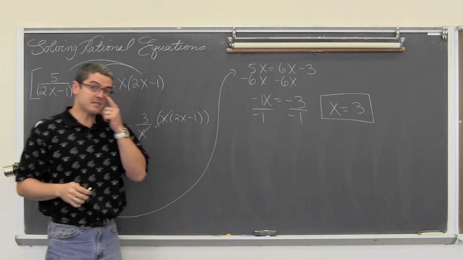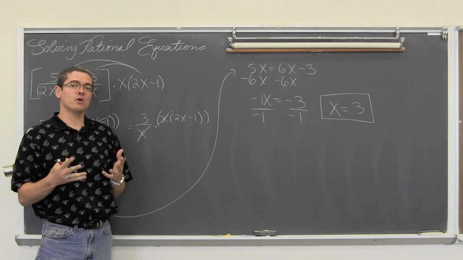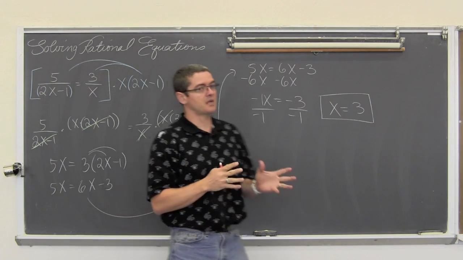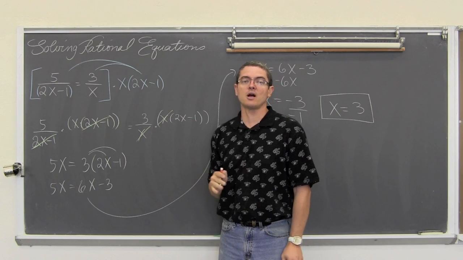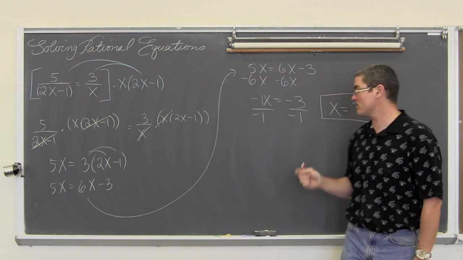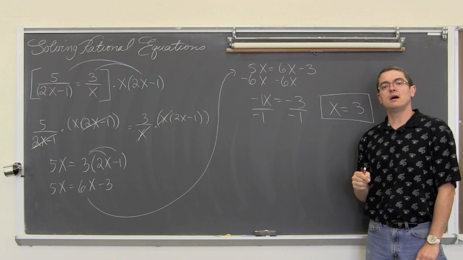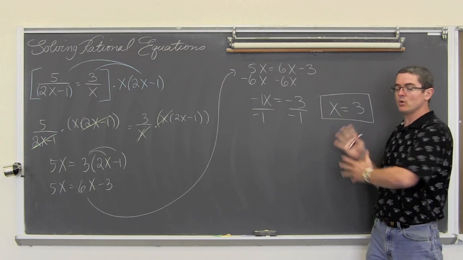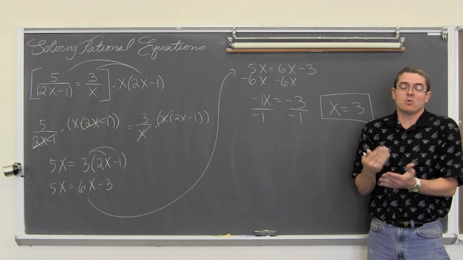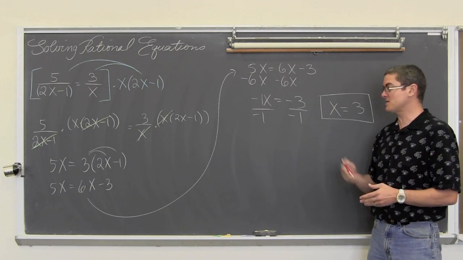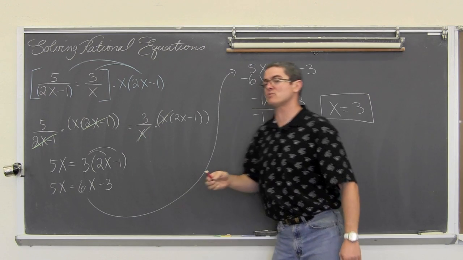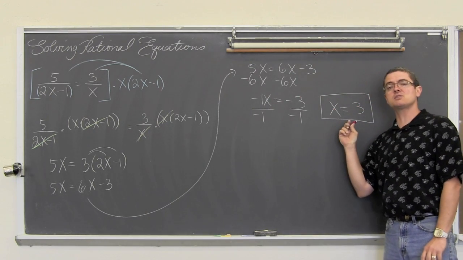None of my examples are going to have this issue, but it's very possible that when you find a solution, it is not necessarily a solution to your original problem. So you really want to go back and check to make sure that all of these answers work. You don't want to do a bunch of correct algebra, get an answer, and say it's a solution when it doesn't actually solve the original problem. It's possible that you get some extraneous solutions.